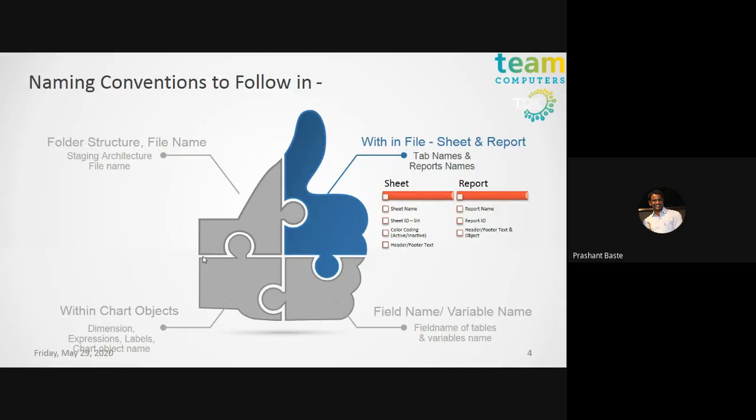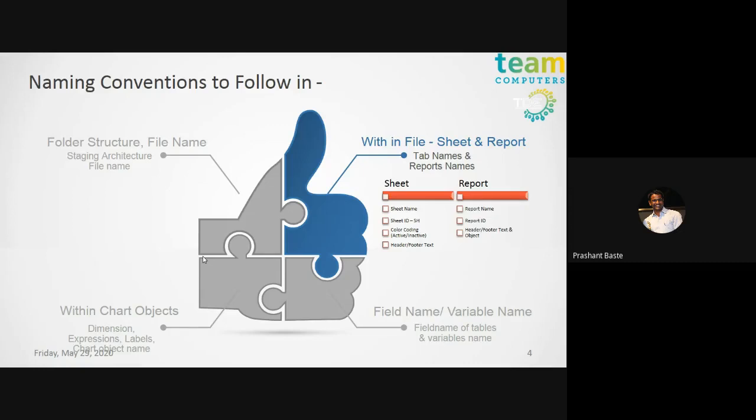Let's say I have a sales analysis application where I have a minimum of 15 to 20 tabs. Let's say I have my landing page, then I have my dashboard, then I have my wholesale, then separately I have my retail, then I have my sales pipeline. These are different things. But if there is just sheet 1, sheet 2, sheet 3, sheet 4, and you have to find out where my sales pipeline KPIs are residing, you will have to go sheet by sheet, and that will take you a lot of time.